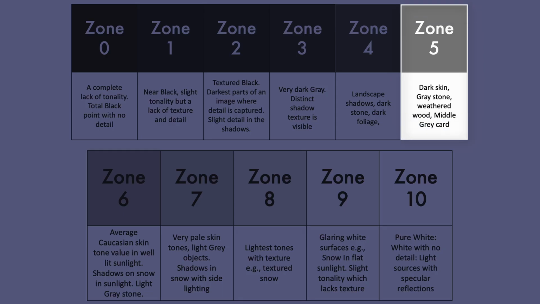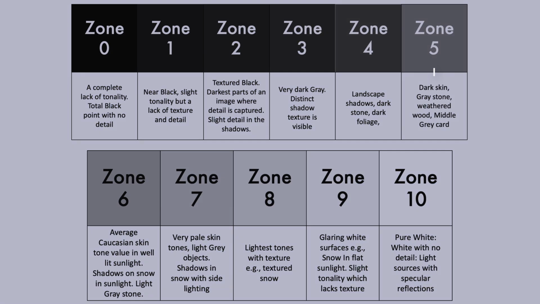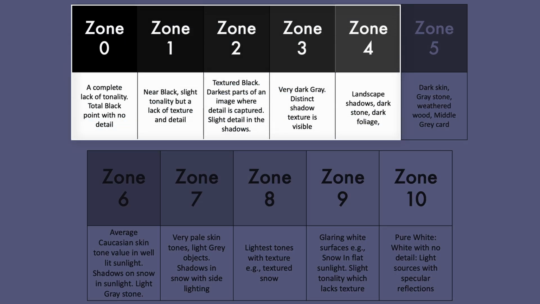So if we take a look at this, we can see zone 5 has our gray stone, our middle gray, and things such as weathered wood. As we go down the tonal ranges to zone 4, it says landscape shadows, dark stone, and dark foliage. As we go to zone 3, it says very dark gray with distinct shadows and texture is visible. But when we get to zone 2, it starts saying textured black. So this is the darkest parts of an image where detail is captured, and it has slight detail in the shadows. If we go past zone 2, it then starts to say near black in zone 1,